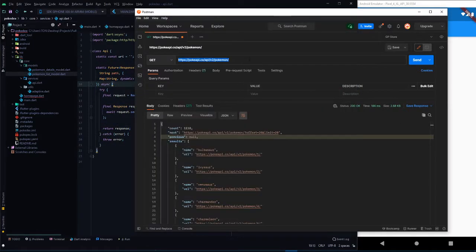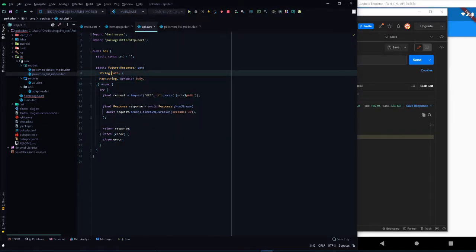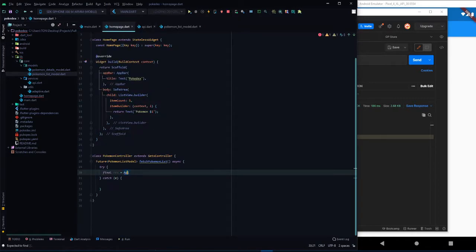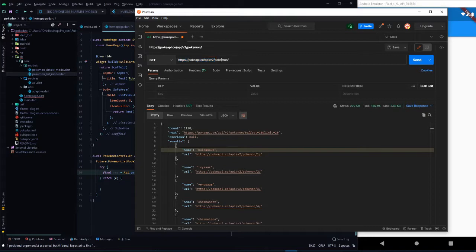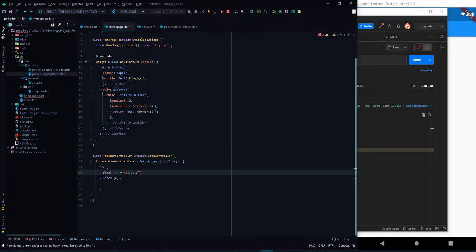So what we need to do first is get the base URL, just like that, API slash v2, and then once we use the get request, it'll just add a slash and add a path. So on our home page, we can do API.get, and then the path we need is pokemon, right? So just type in like this, pokemon,